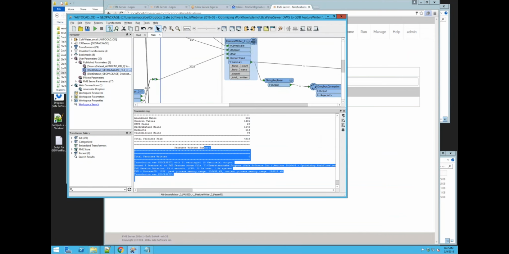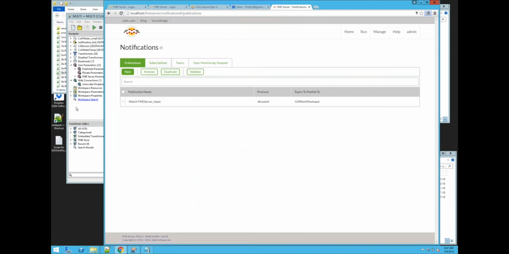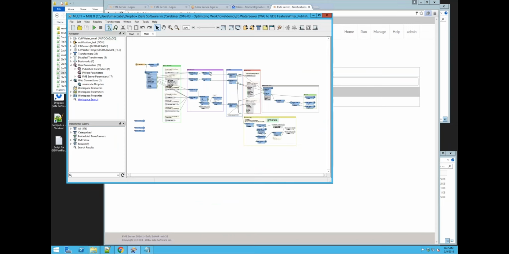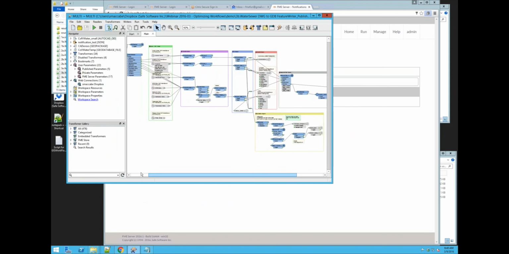Now, I'll just switch to that other workspace. And here it is. So this is the same workspace that Mark had with a few tweaks to it. Like the last one, we've got the Dropbox caller over here. I'm just going to zoom in a little bit. But what I've done over here is I've provided a way to read